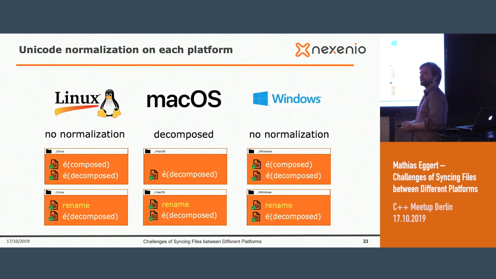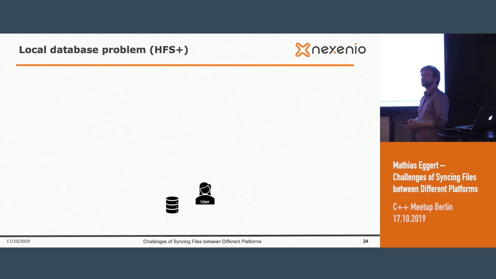But that is not everything, because under macOS in the past, you had the file system HFS+. And HFS+ stores the file name locally in the decomposed version. So before HFS+ stores the file name, it makes a decomposed normalization and then writes it down on the file system.